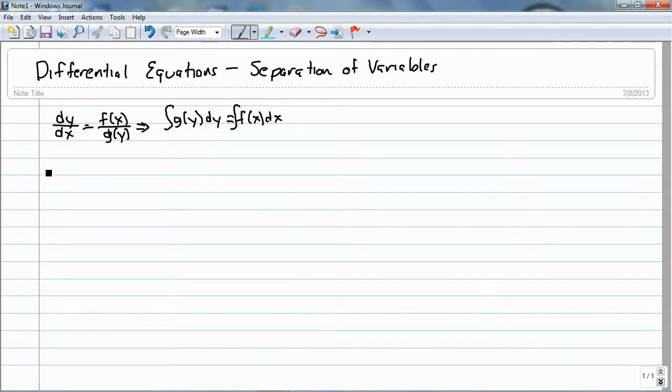So let's take a look at the problem in the notes. We have dy over dx is equal to sine x times tangent y over cosine x. And if I do the cross product, I'm going to get sine x over cosine x